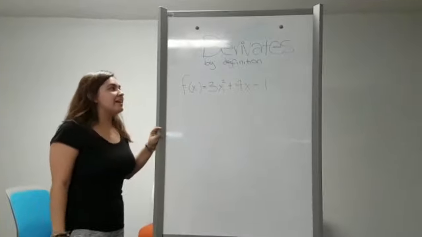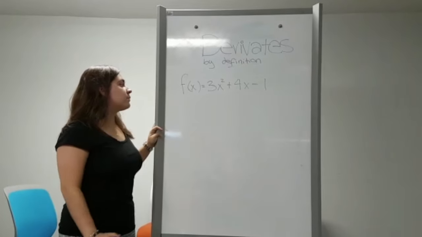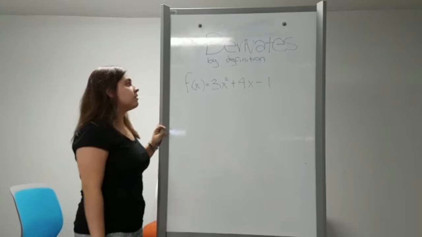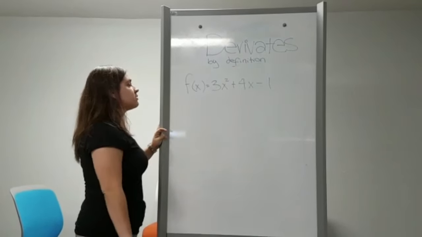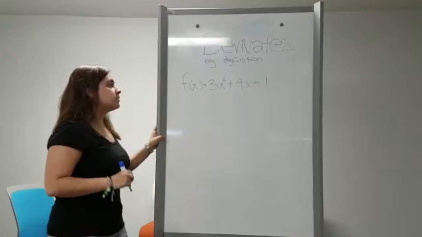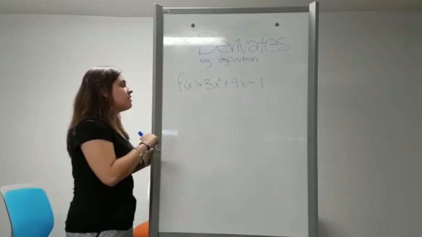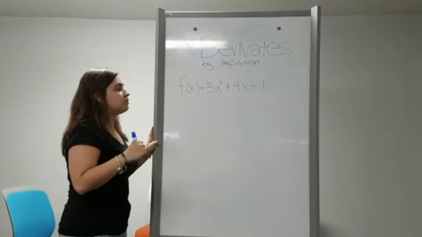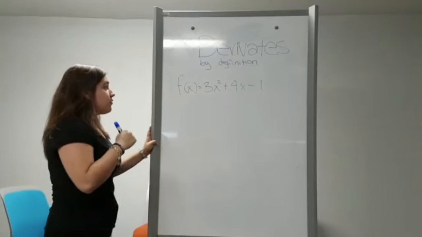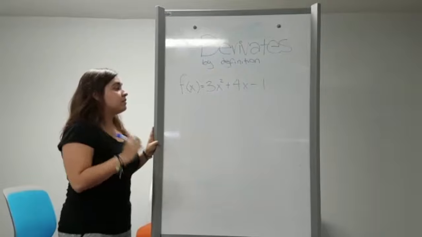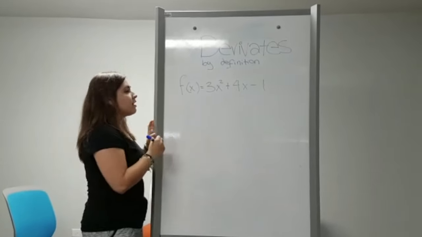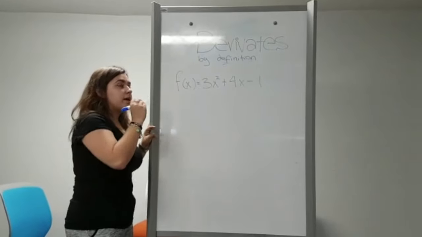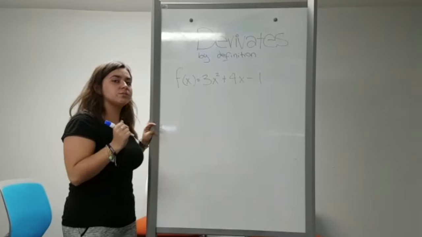My name is Vivi and I will be solving problem number 53 from the lab, which is under the category of derivatives, and it will be solved by definition. And so the problem is f of x is equal to 3x squared plus 4x minus 1. As you all know, the way of solving it by definition is using the formula f prime of x is equal to f parentheses x plus h